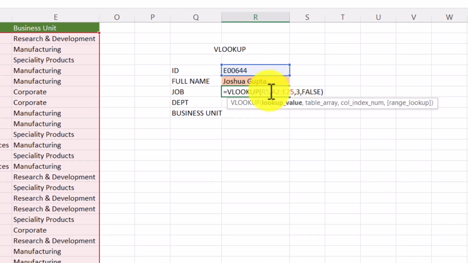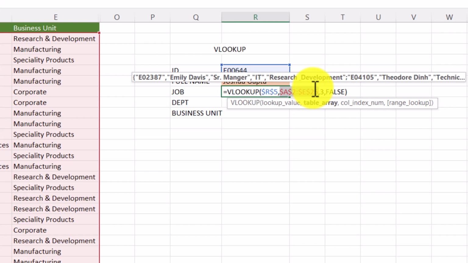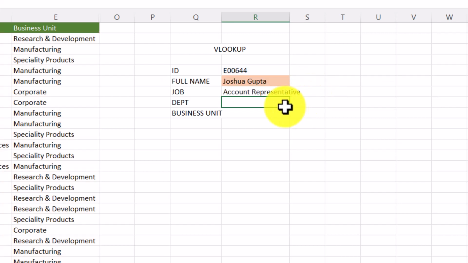I'm going to lock this by pressing the F4 key because the ID is going to lock, and the table range also I'm locking. And then let me scroll all the way down